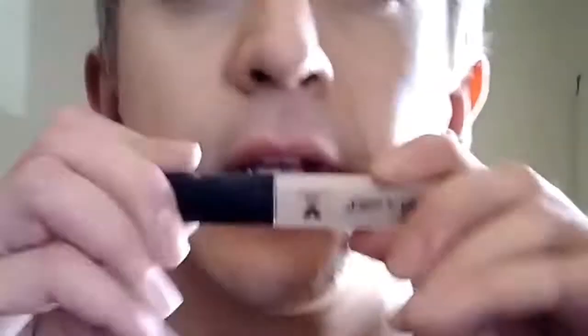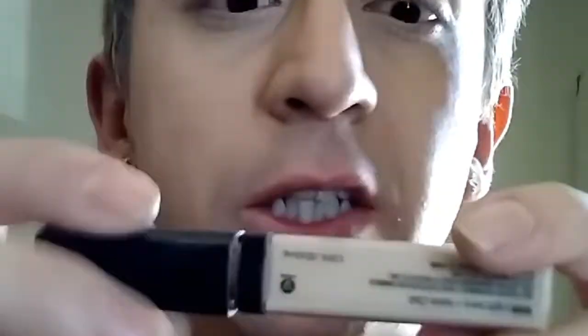So here's a little trick that I learned on how to keep it on your nose. I've had this problem before, where I told you guys many times in my videos that my foundation doesn't stay around my mouth area or on my nose or my forehead. Here's a little trick. You can take any concealer, right now I just picked a random one from my drawers of concealers, and this is the Wet n Wild Photo Focus. And what you can do is apply the concealer to the areas that don't stick